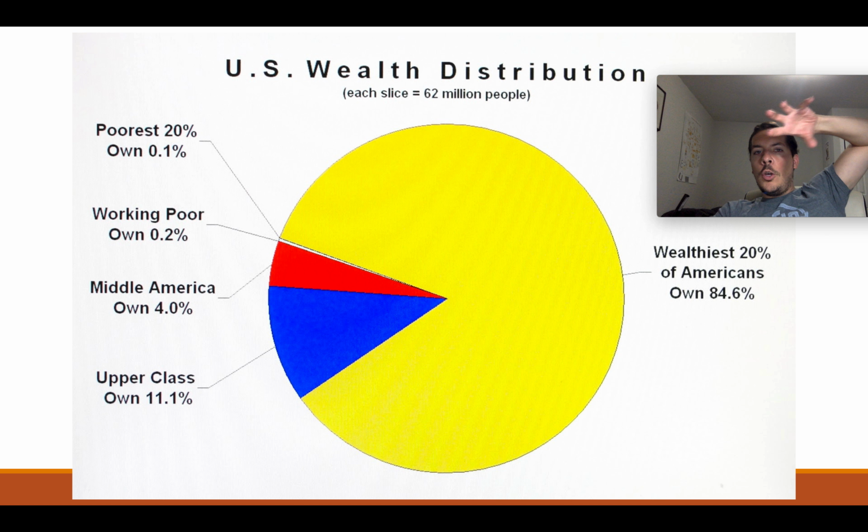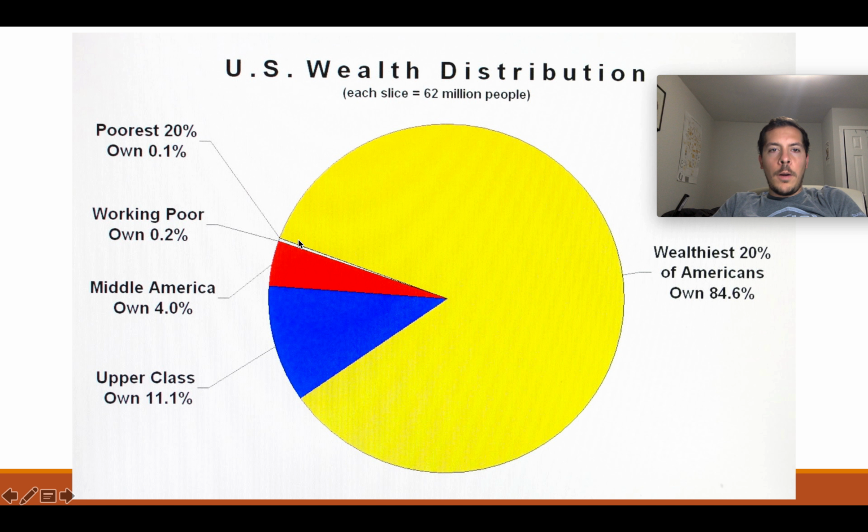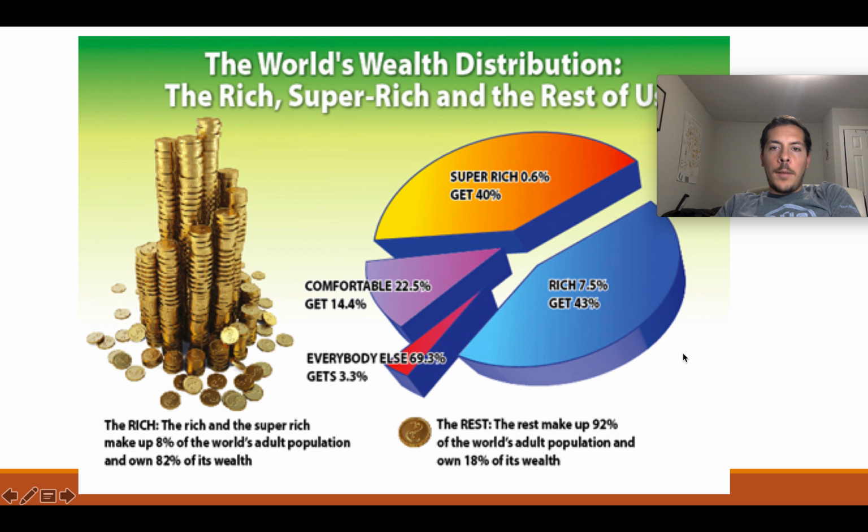Although, if you think about the U.S., even our poorest, that sliver right here, if we put them in line with the rest of the world, they would actually be in the comfortable or above category, because the United States as a nation, as a whole, is one of the richest countries, and so our poor are still much better off than a lot of other countries, even the majority of their population. All right,